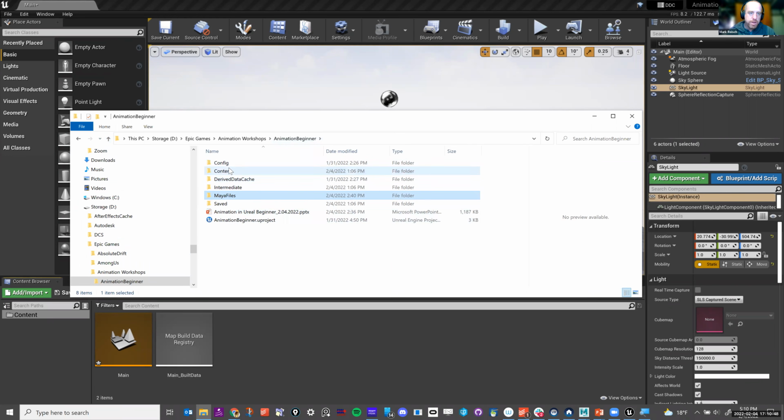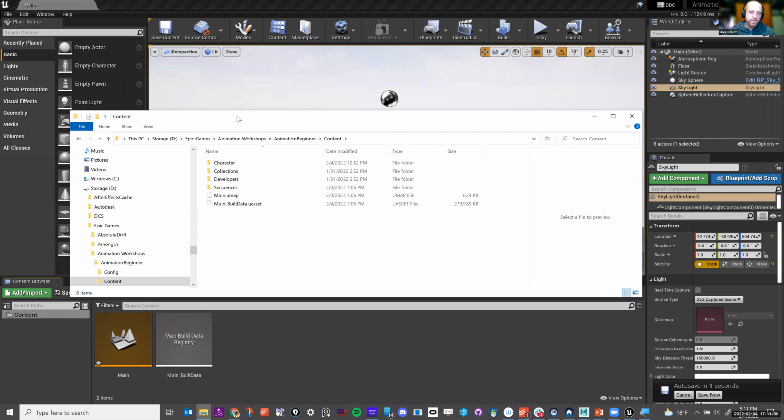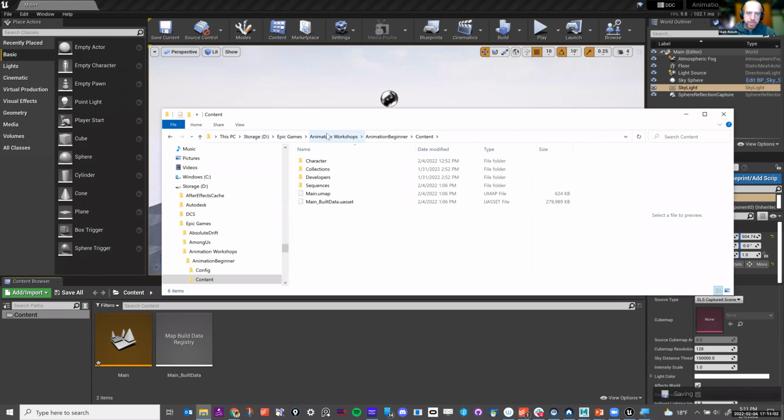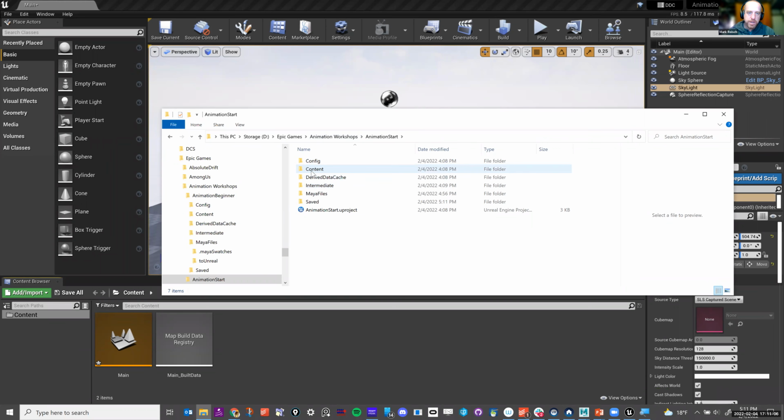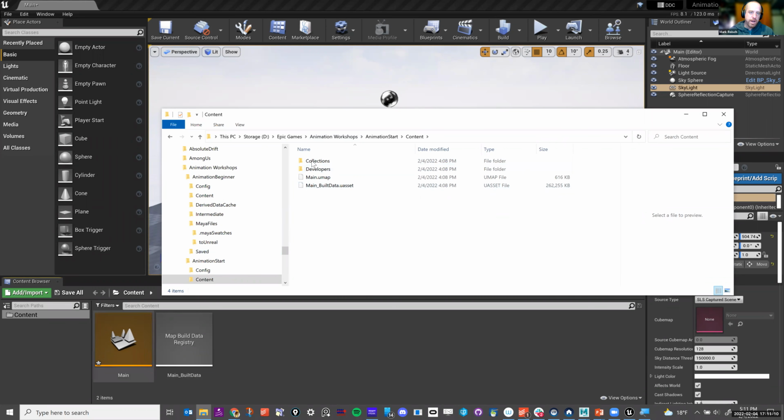If we look at the Unreal folder, this is all of the files that are in that folder. The config, and this content folder right here is the same content folder that has the stuff in it. You can see this is from the animation beginner, but if I go to animation start and into the content in here, this content shows the collection and developers.